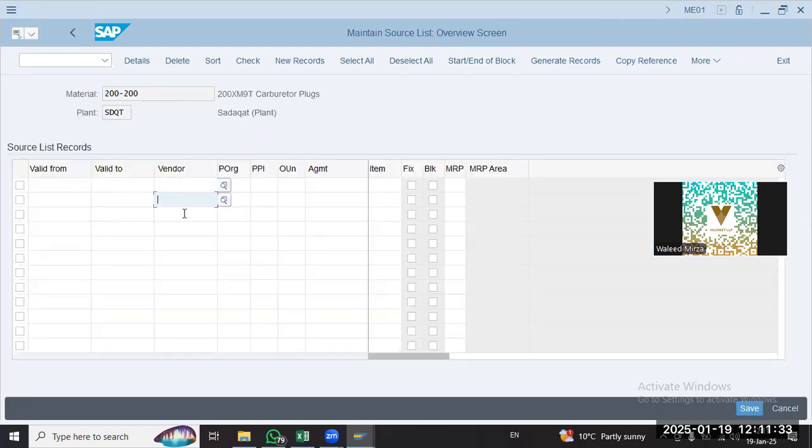And we can have multiple vendors for the same material for different dates. Let's say 19/01/2025 to 21/01/2025 vendor. For this vendor, we are going to select this one because we need it at a different rate, and the other vendor we will keep because that vendor has said that the availability will be after the 21st. Okay, so our vendor was,